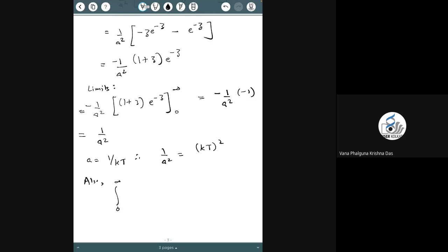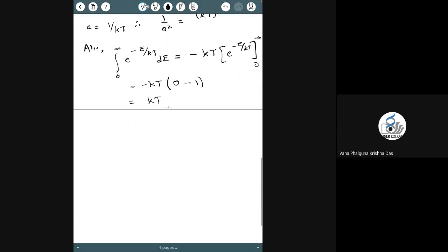This is a simple integral. So you just get minus 1 by kt inverse, so that's minus kt, and you have e to the power minus e by kt, which goes from 0 to infinity. So that is equal to minus kT into 0 minus 1, and that is equal to plus kT. Okay,